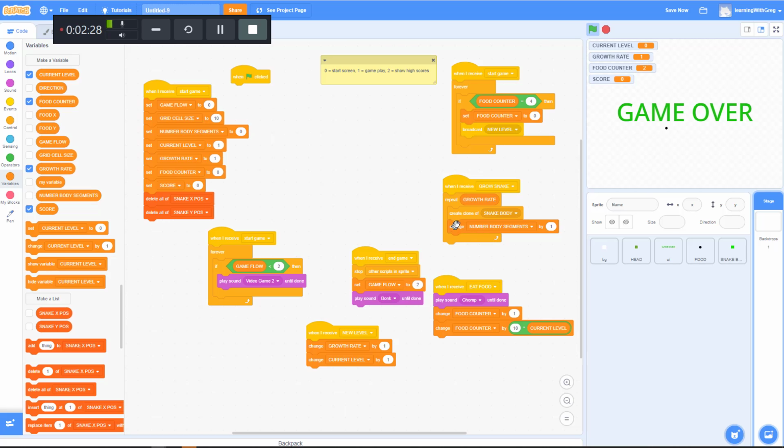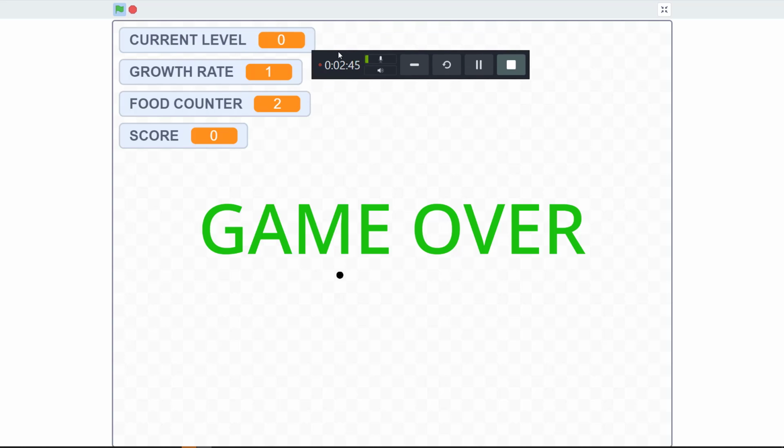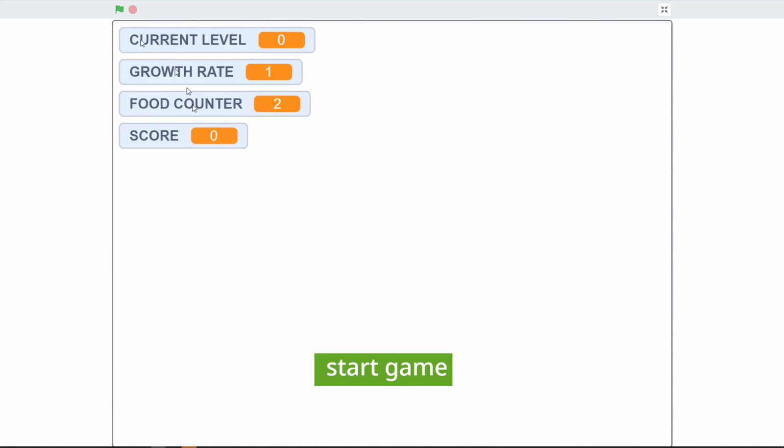Now, just to test that and have it be easier to test, let's set this down to 1. So every time we eat a food pellet now, it's going to advance to a new level. And so the first pellet I eat should be 10 points, and then it should start to advance up. And I realize now that I had this little recording bar up here the whole time. Excuse that, but I'm going to go ahead and continue this and hit this play here for